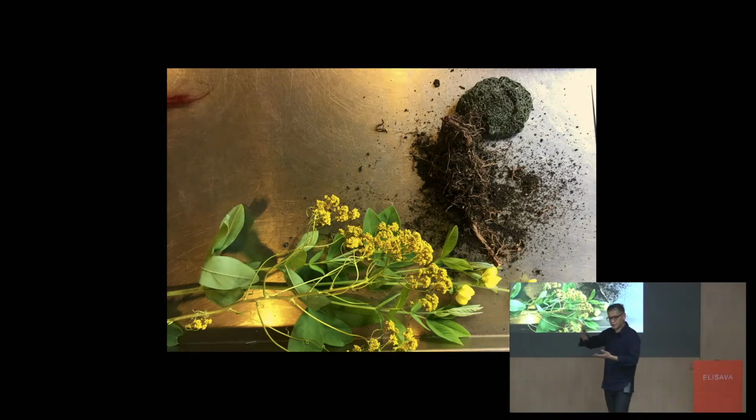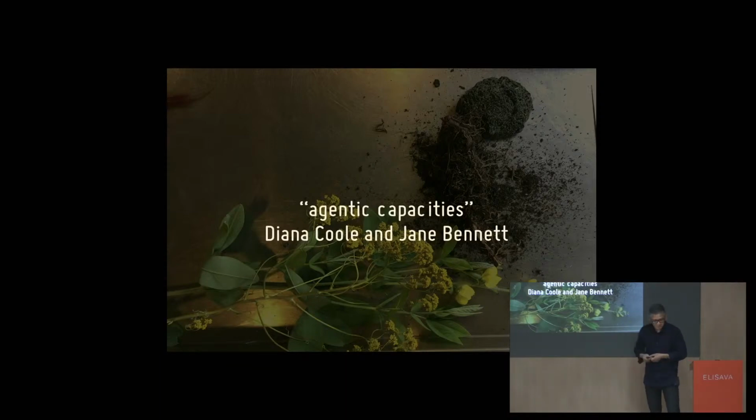These are living matter processes that contribute to what becomes Burgundian black. These are not passive materials. They need to actually live and have a certain kind of life in order to contribute to the process and the design to make Burgundian black. This is what Diana Coole and later Jane Bennett, who wrote the book Vibrant Matter, which I highly recommend, would call agentic capacities. That material and things have a capacity to affect the world, and this is what she was talking about. There's an aliveness to things that are not human.